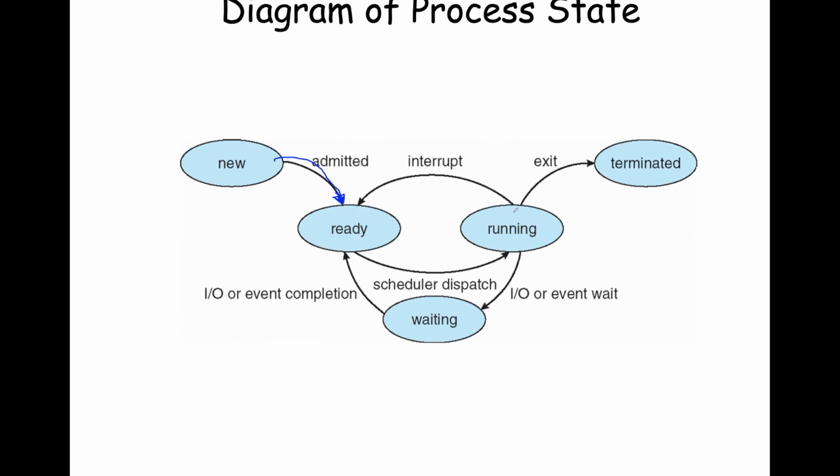And then lastly, when you're running, the process could exit. What that exit does is transition you to the terminated state, and that means the process is being deallocated. All the data structures and other resources are being returned for free availability to the other processes on the system. Data structures are deallocated, and your process is no longer executing.